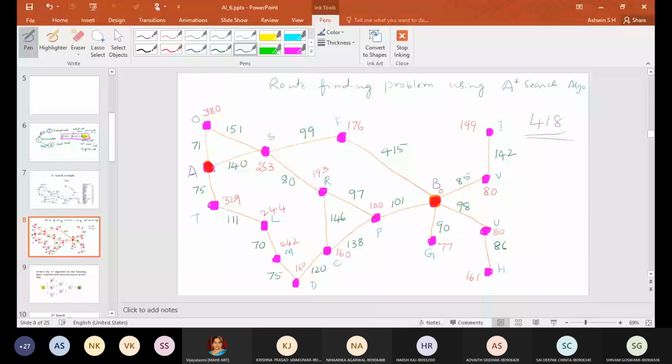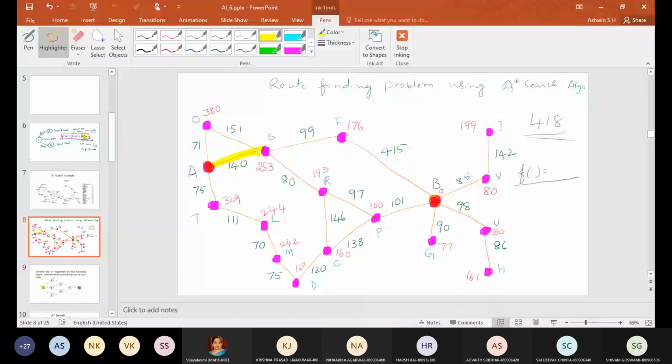Whichever you are expanding, that has to be clearly written, like A to S, A to T. Out of this, you calculate using the function F whatever we are calculating, and write which one you are going to select. And that path you can always highlight. Among three, say here, the first one, from A to S, is the optimal path that you have to highlight.